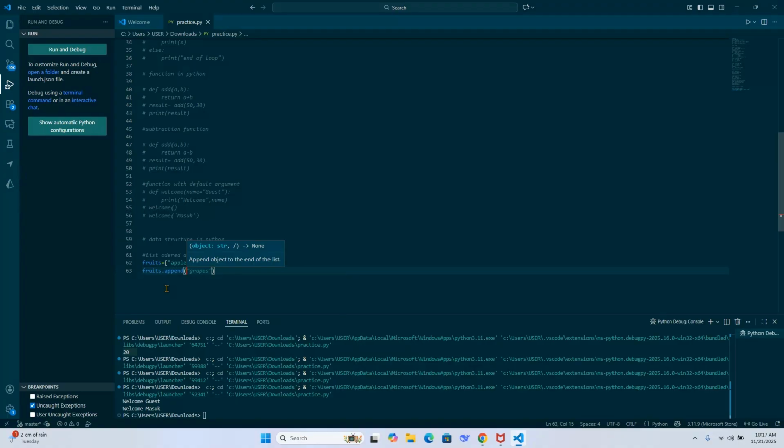You can print this orange or mango. First use the mango, use inverted comma here, mango,